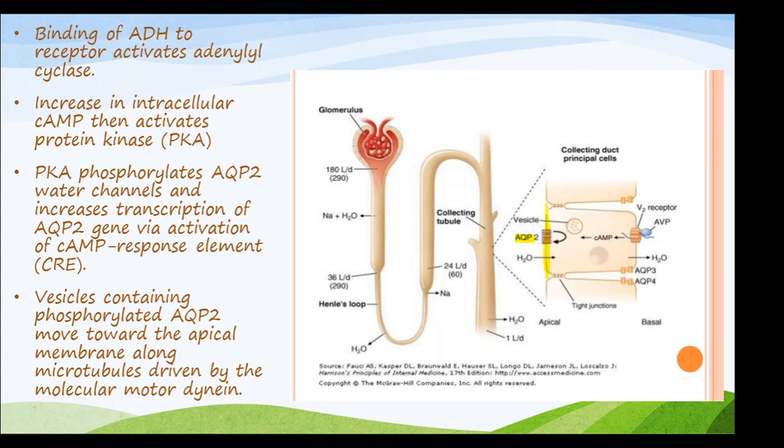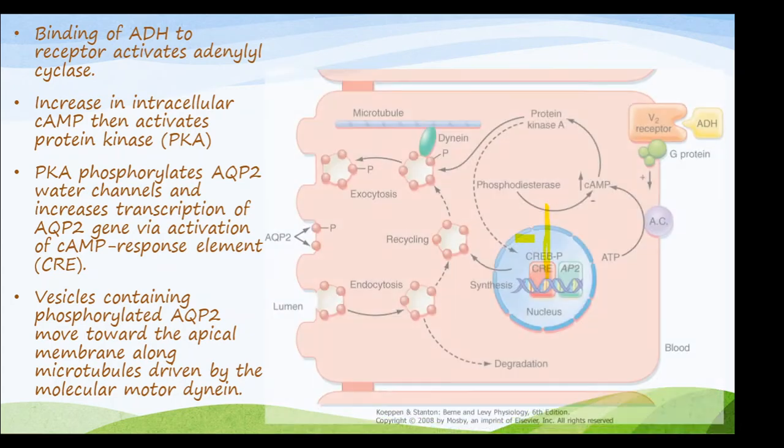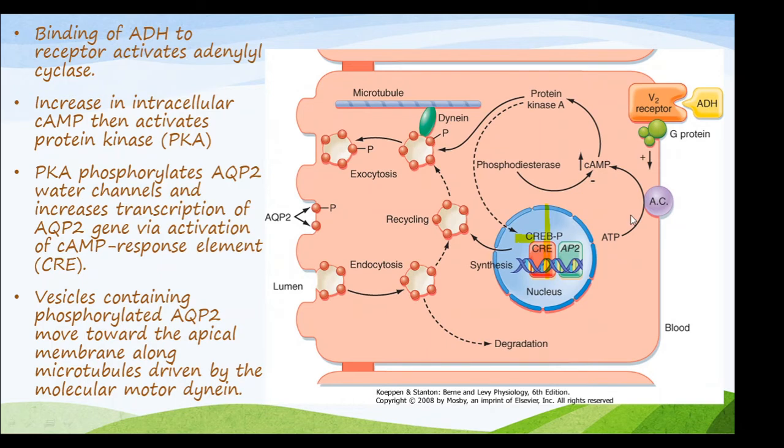The movement towards the apical membrane is driven with the help of a molecular motor called dynein. In this figure, you can see that ADH is binding to the V2 receptor. It's a G protein coupled receptor. After the adenyl cyclase, ATP is converted to cyclic AMP. Cyclic AMP activates protein kinase A. Protein kinase A phosphorylates dynein, phosphorylates AQP2 in secretory granules,